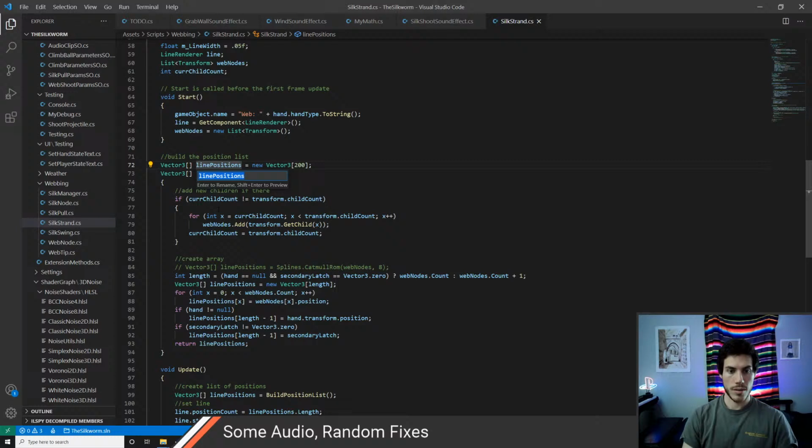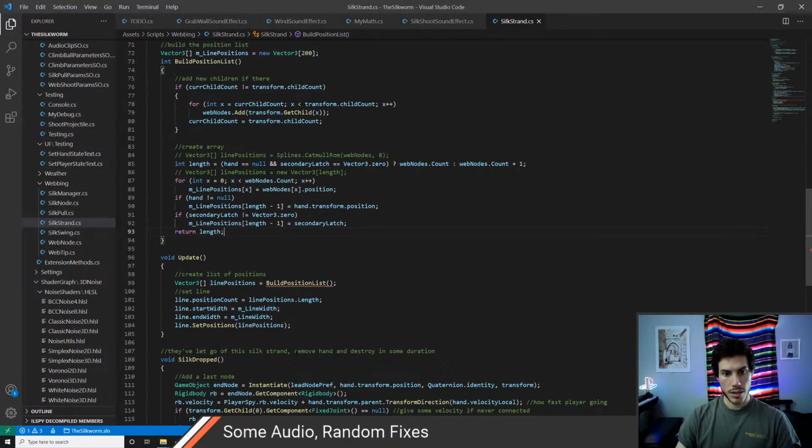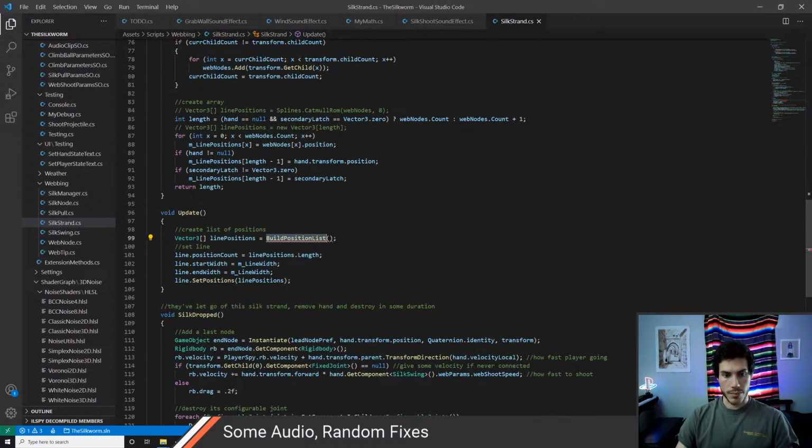And let's go ahead and get rid of this. Let's go ahead and rename this m line positions. That way we know it's a class member. Okay, cool. And then let's instead return an int. And we'll return the length, which is how many we used. Okay, cool. And apparently this getChild generates garbage as well, so we can take a look at that in a second. But then here we call getPositionList, and instead of this being line positions, we'll do int